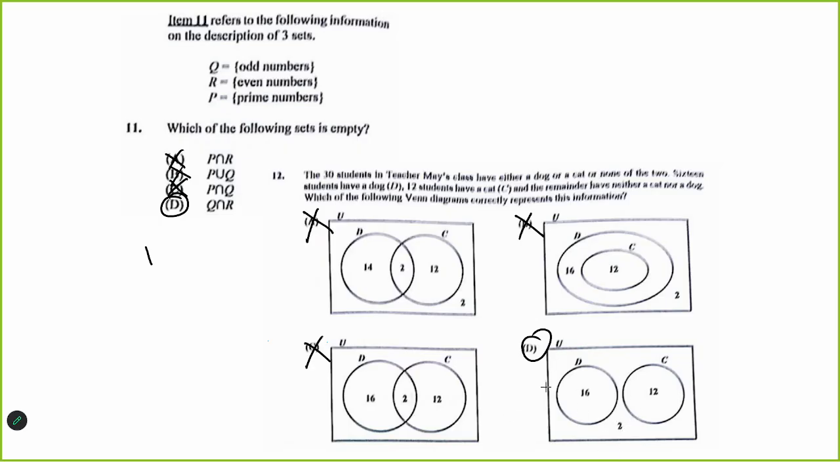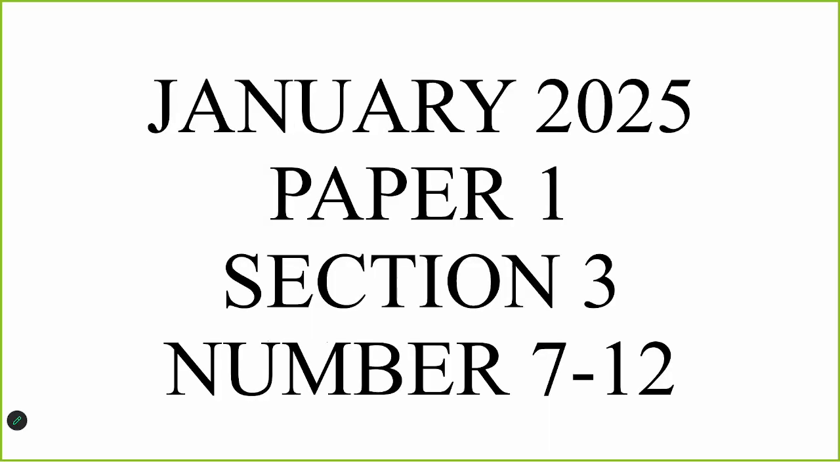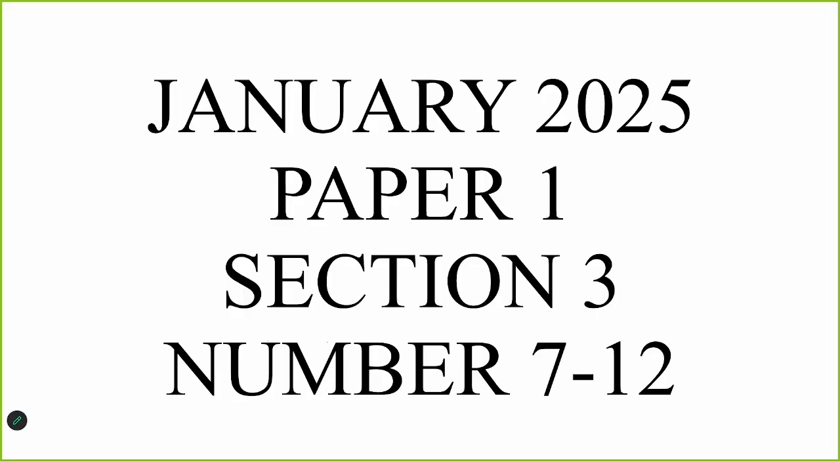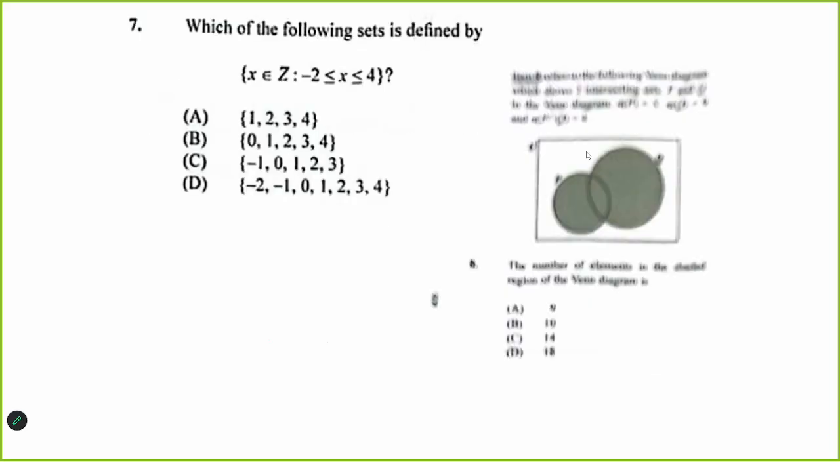Do we understand why D is the answer? Yes, Miss. Alright, and that is the end of May, June 2025. Let's look at January 2025. Okay, so number 12, number